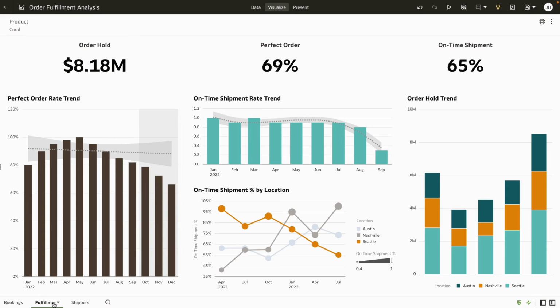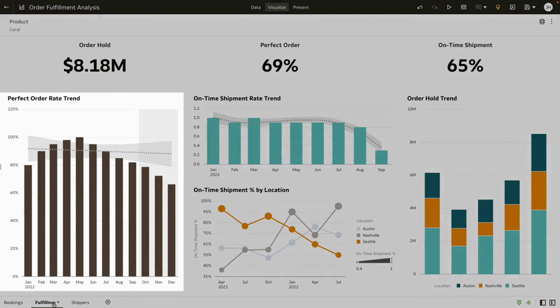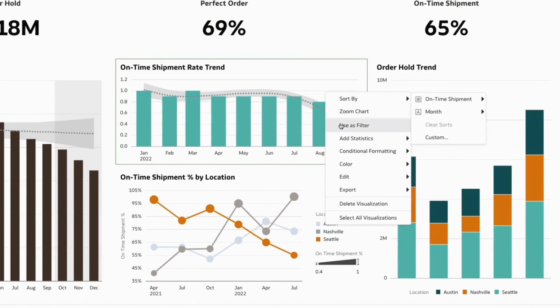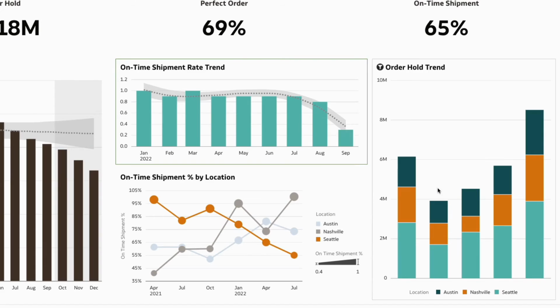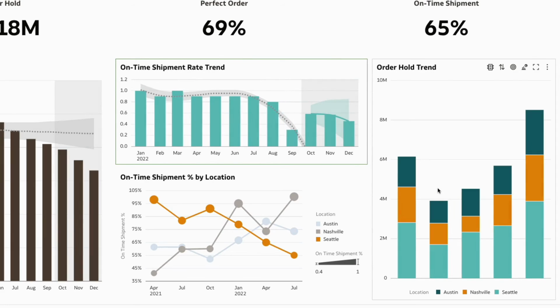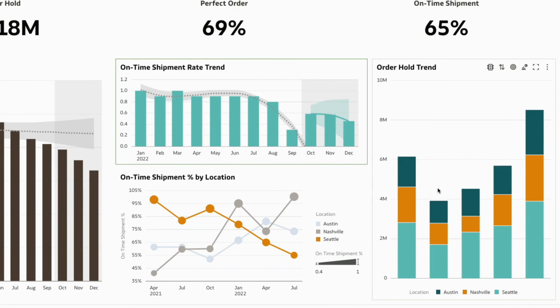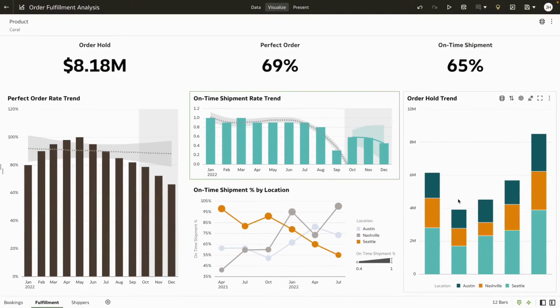We now drill down to the product Coral's order fulfillment details. We notice that perfect order rate is trending down, and so is on-time shipment rate, predicting a sharp decline in the near future based on historical data. On-time shipment has been fluctuating over several areas, with Seattle being the top location that's struggling with receiving the products on time. As we get more clarity on the cause of these cancellations, it's now time to look at alternatives